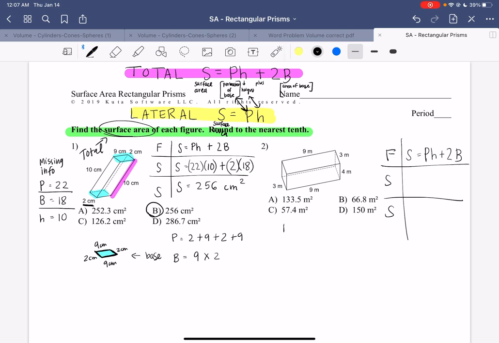So I'm going to do my missing info column again. And so we're missing our perimeter of our base, we're missing our area of our base, and we're missing our height, PBH, peanut butter and honey. All right, so in order to find the perimeter of our base, we need to identify what base we're going to choose. So I'm going to choose this,